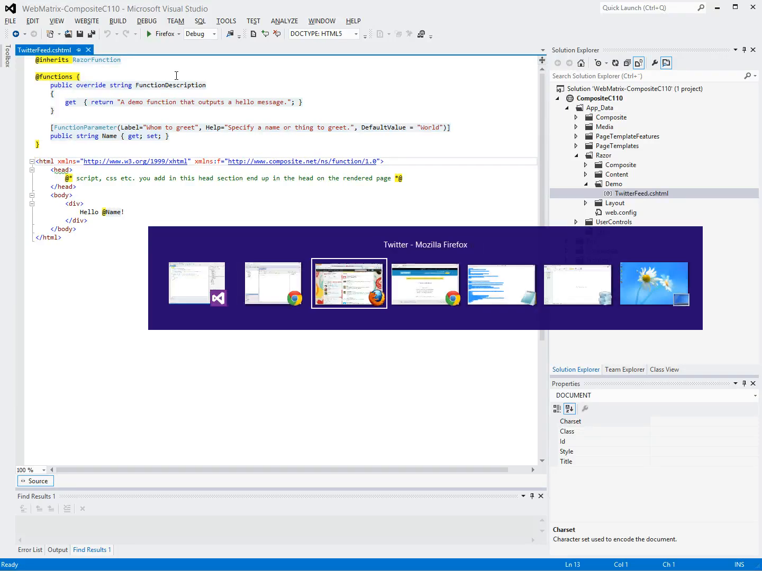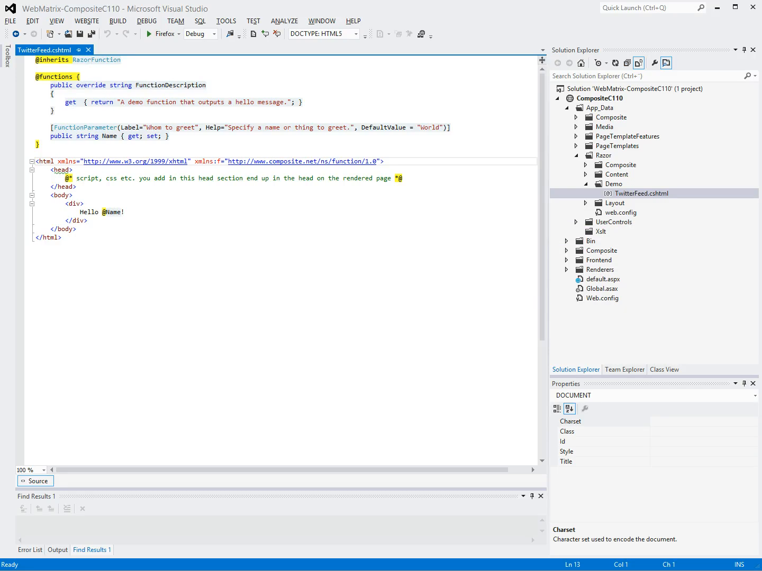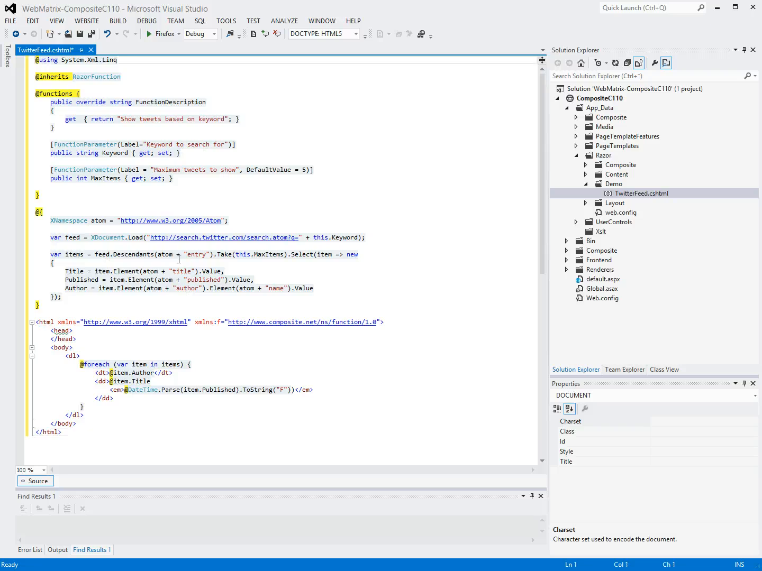Now to save some time, let me just quickly copy paste some code here. So what we are doing now is we have a keyword property with a nice little label. We have a max items property with a label and a default value of 5. We can see we're using different types, so you can use all kinds of types to pass information to your